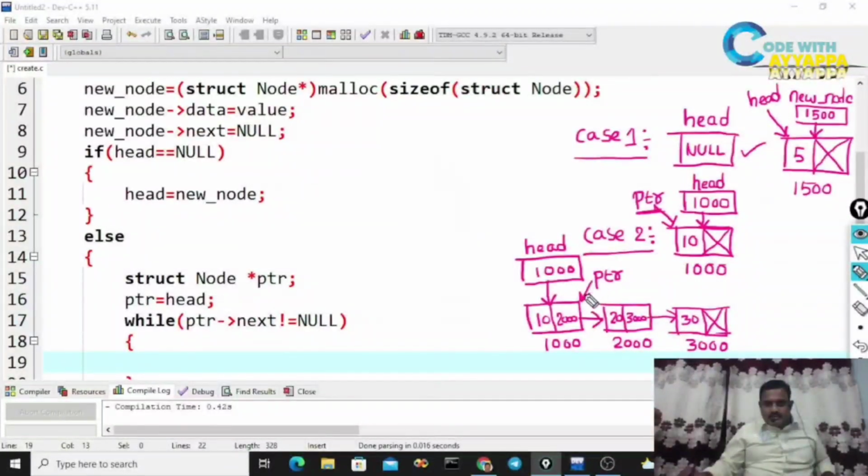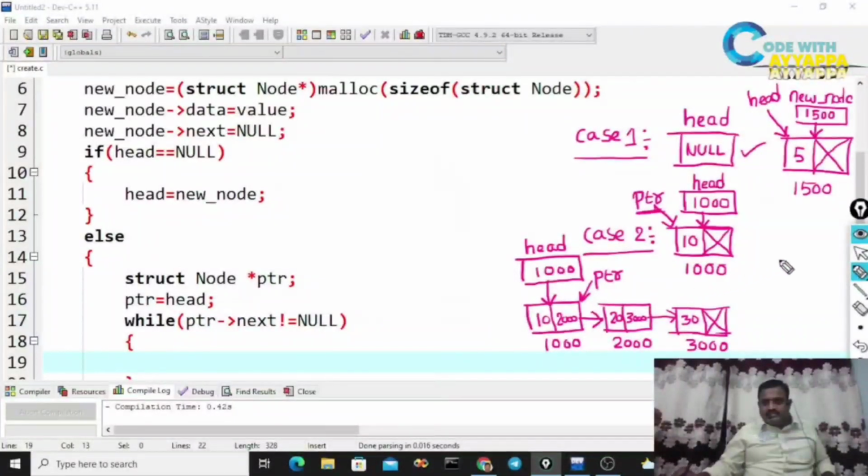Go to this case. In this case, ptr next contains 2000. It is not equal to null. So what do I need to do? I need to move the ptr variable to the next node. The next node address is available in ptr next.